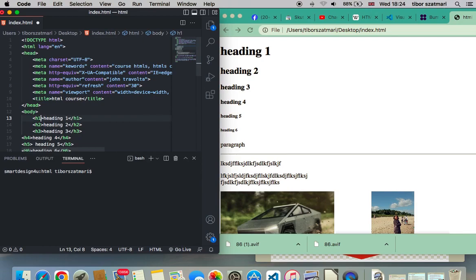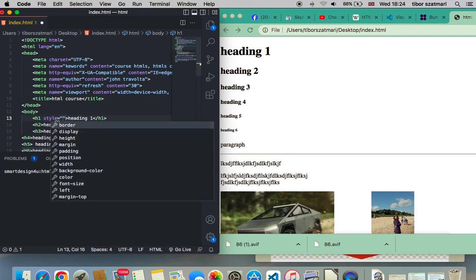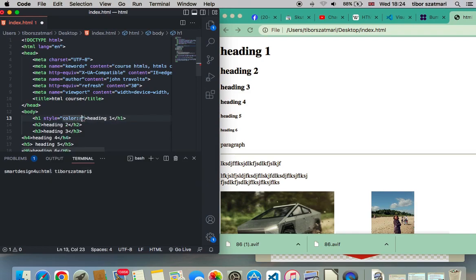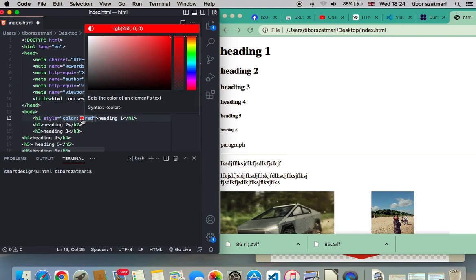Simply, we just type with the space, type style, and you can choose color. Color red. You can change the color if you see our cursor. We just click on it. You can choose other,